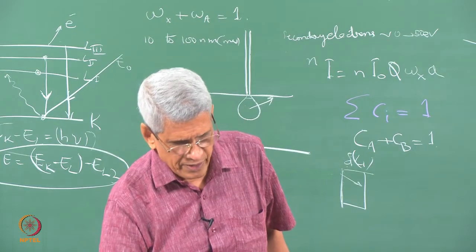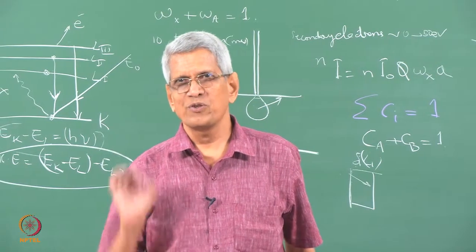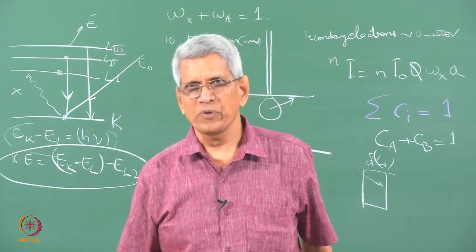Okay. Here you can see the copper L alpha, and this is the copper K alpha peak. In between, this is an escape peak. There are lots of peaks which are residue. These are all the coherent Bremsstrahlung peaks. This comes from the incident beam falling onto the sample. That is one of the reasons why we always say that one should be far away from the dynamical condition when we want to do EDS analysis, then only you can get the true composition.